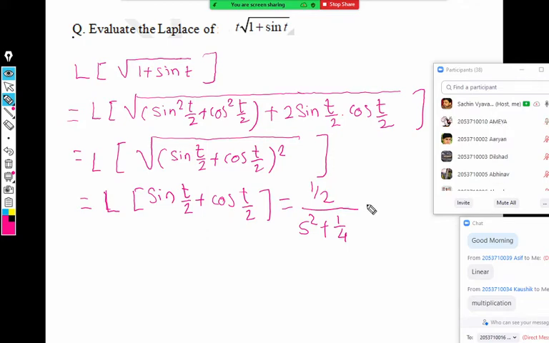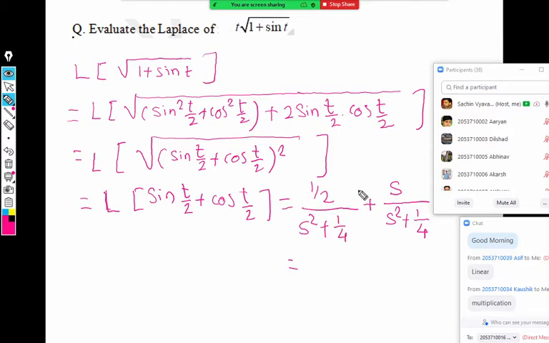Now the Laplace of cos at. s upon s square plus 1 by 4. Yes, you are correct. Very good. So a small simplification is possible. Why are we simplifying? Generally we never simplify, because we have to use the multiplication by t property there, and at that time we require a derivative. So it should be simplified. So I will multiply this.